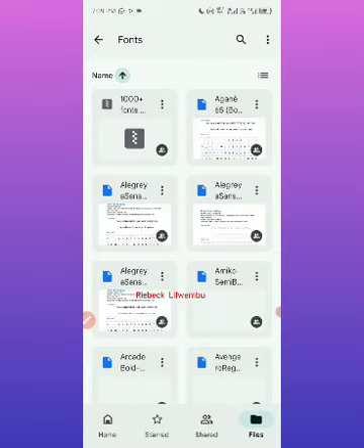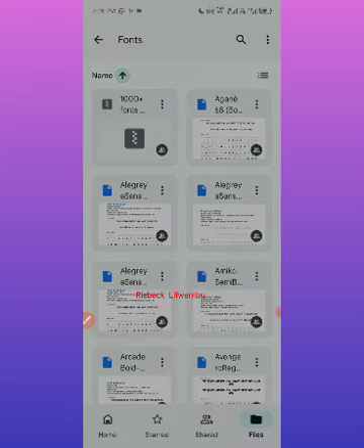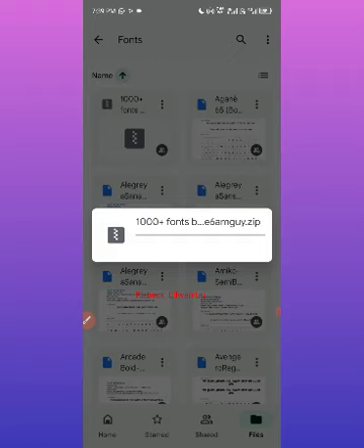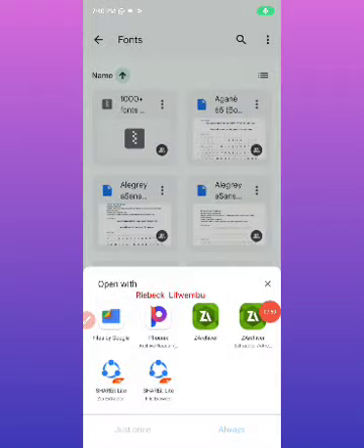So these are the fonts. You can either download one by one, but I want to get this compressed one, which is 1000 plus fonts. So I'll wait like that. After here, just be patient and wait for it to complete downloading. Alright, so once it's done downloading, then you either just click direct the Z archiver, or you say Z archiver